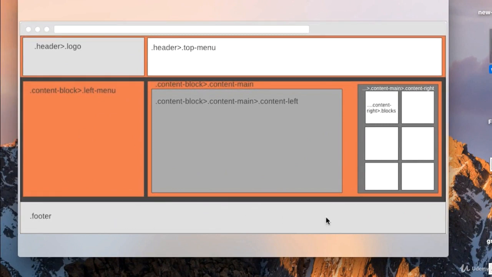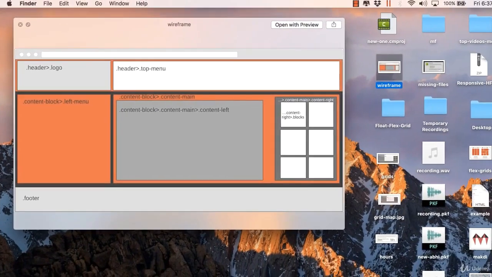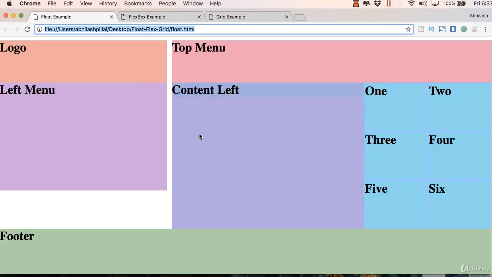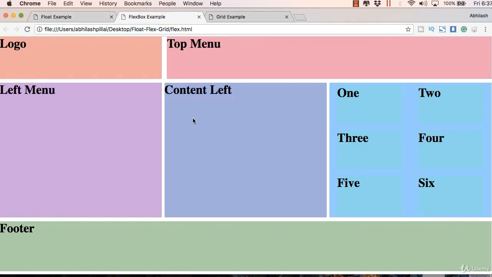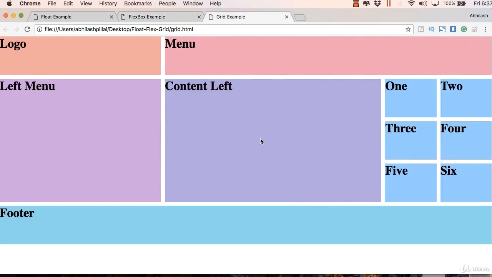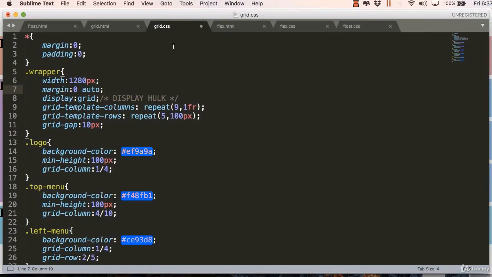So I will be creating three pages, one using float, the other using flexbox and the third one using CSS grid. Now this is the page I created using float, and the second one is the one which I created using the flexbox, and the third one is the one created using CSS grid. Now I will be explaining the code in detail, but for the time being you just have a look at